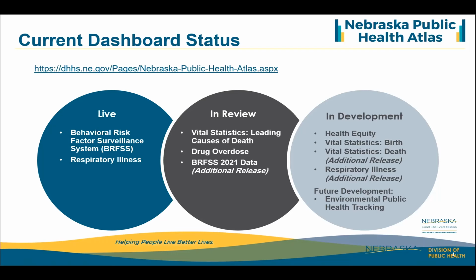And so, as Josie mentioned, we're using population estimates. We've put a population demographics dashboard together that we're finishing up using that data, and are looking at social determinants of health with ACS. So we're excited about where that work's going. We've got a vital statistics birth dashboard we're working on, some additional components of the death dashboard, and a more expansive version of respiratory illness. And then in the future, we're looking at environmental public health tracking, planning, and maybe development later this year. So a lot going on right now in our model.